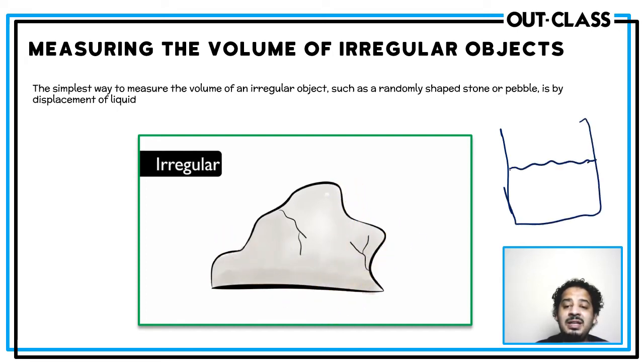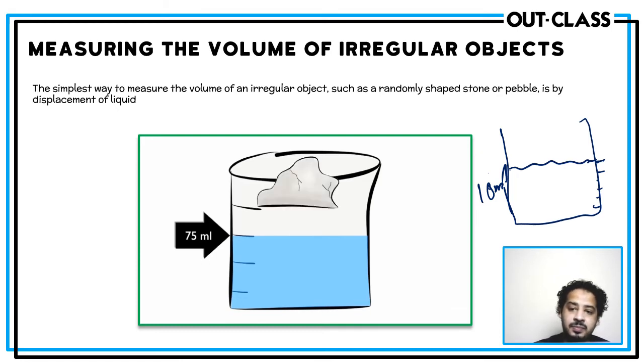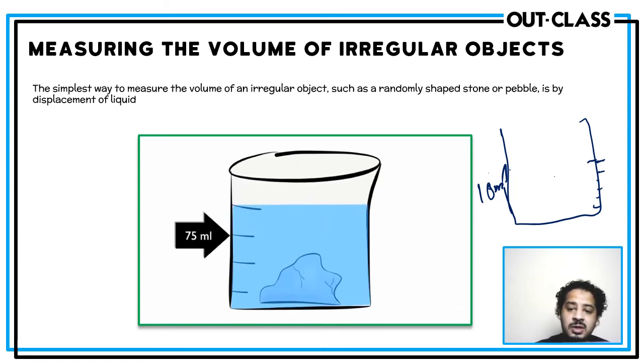तो फिर आप पहले से मालूम करते हैं कि इसमें कितना पानी है. For example, this is like 10 milliliters. ये आपने measure कर लिया by looking at the readings on the beaker. तो फिर आप क्या करते हैं कि इस पत्थर को अंदर डालते हैं. You put the stone in